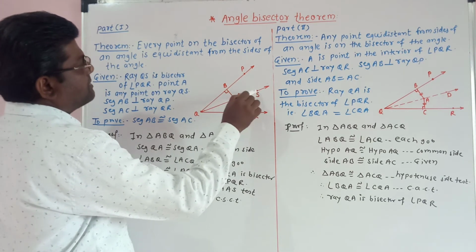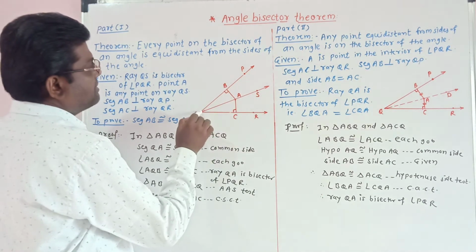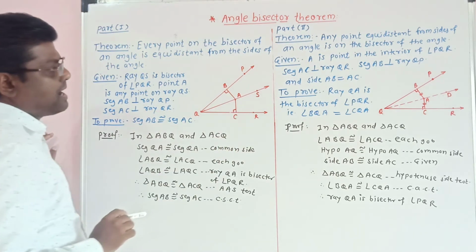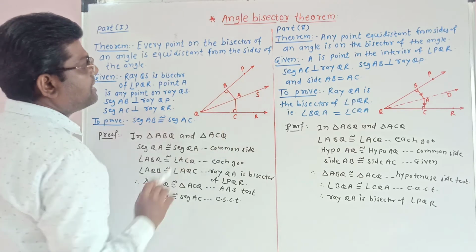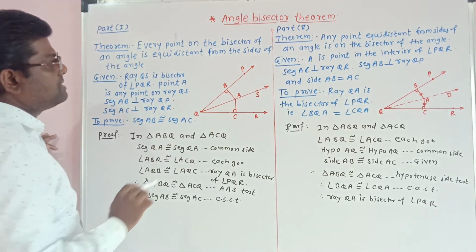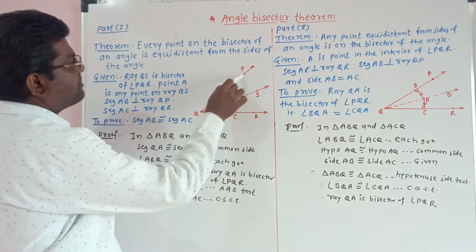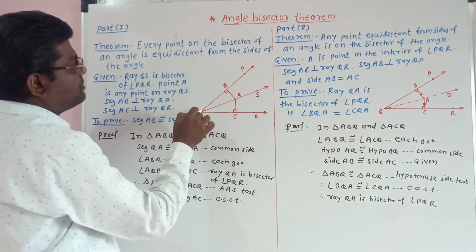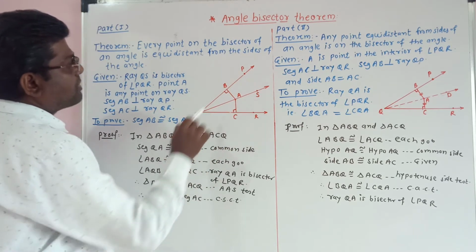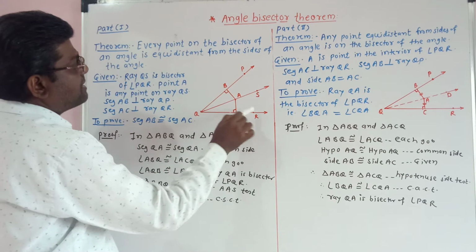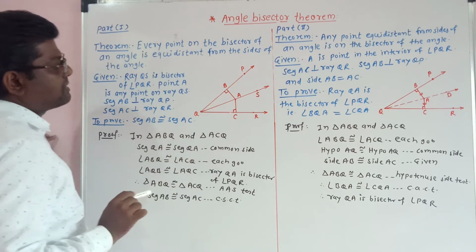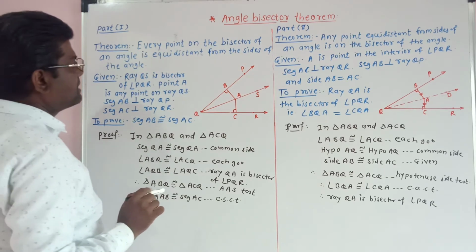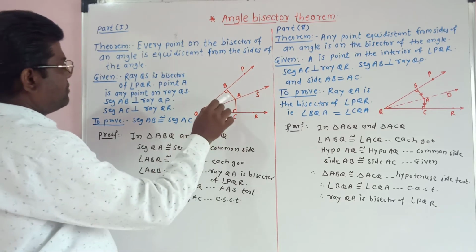This ray QS is the bisector of angle PQR, and every point on this bisector QS is equidistant from the sides of an angle, side PQ and side QR. From side PQ and side QR, every point on the bisector QS is equidistant. Here we have to show